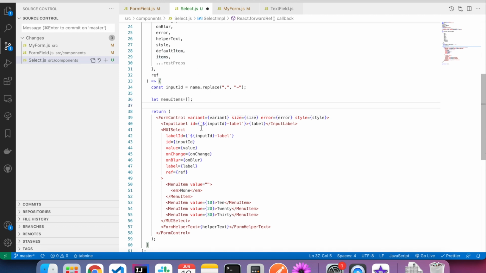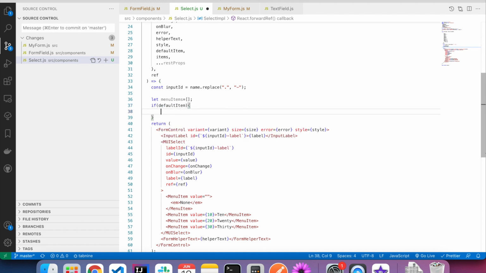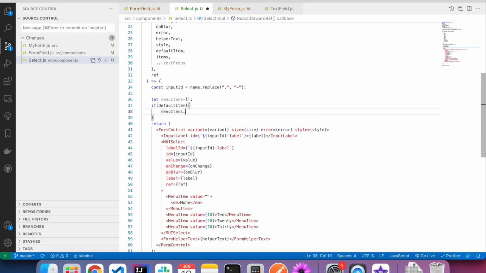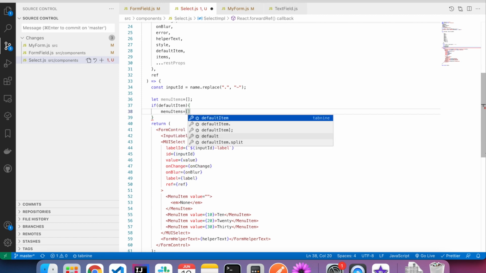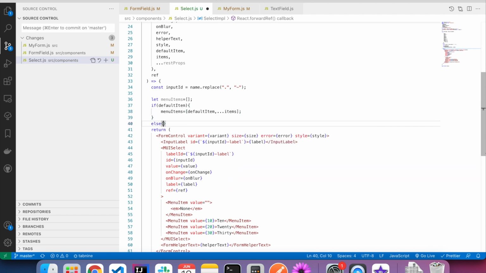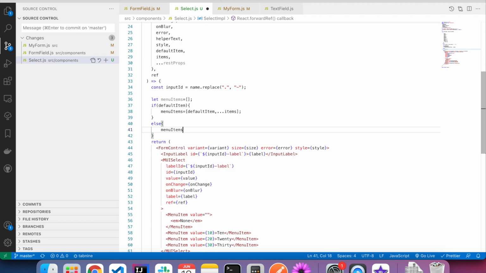and if default item is there, then menu items becomes default item and spread of items, else menu items equal to items.